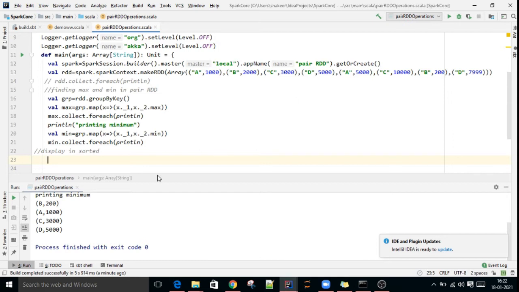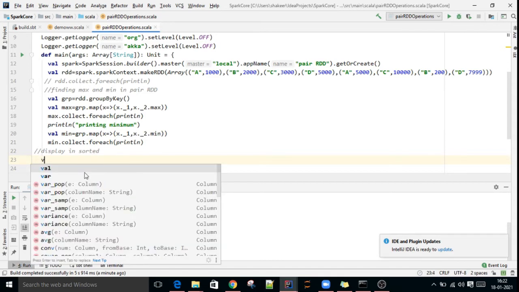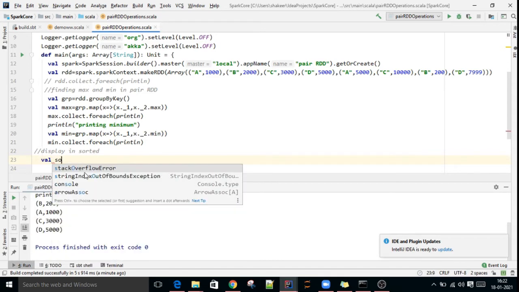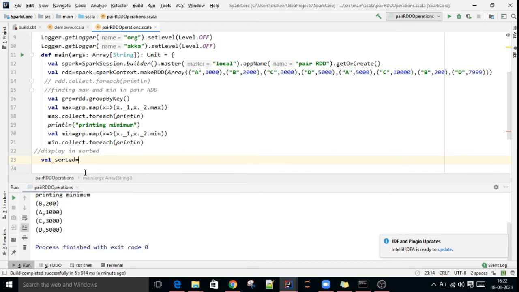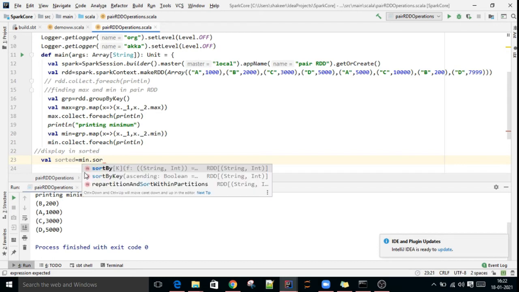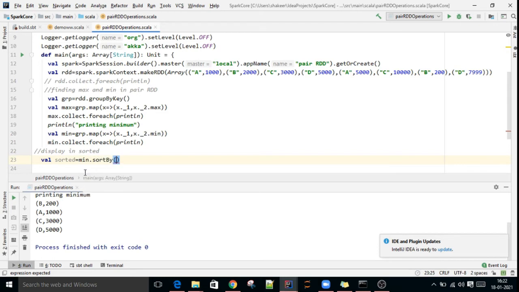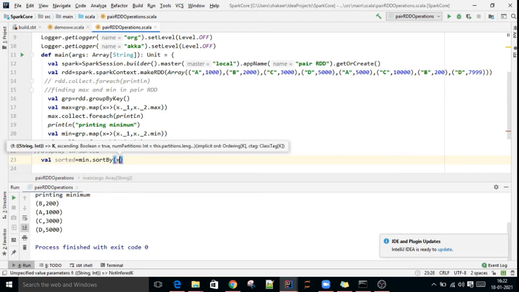Anyhow, we have the minimum already. val sorted equals min.sortBy, x such that